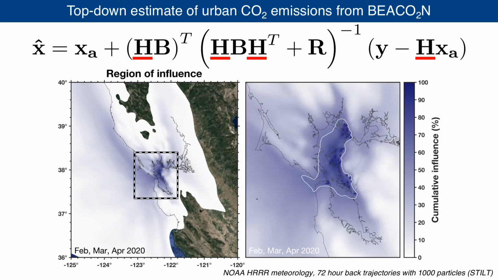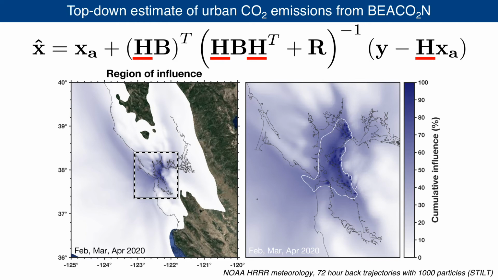Zooming in on the San Francisco Bay Area, we can see the strongest sensitivities occur in the vicinity of our instruments, which makes sense. And this white line I've shown in the right panel encapsulates the top 40 percentile of the network sensitivity. We consider this region to be the region that we can actually constrain with our measurements due